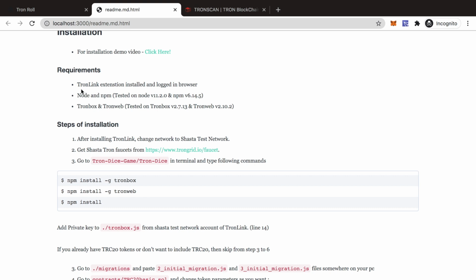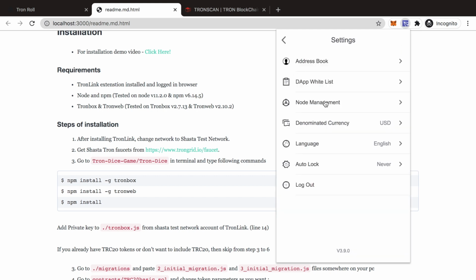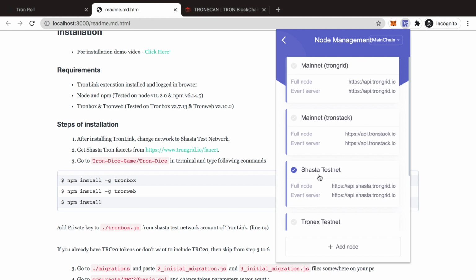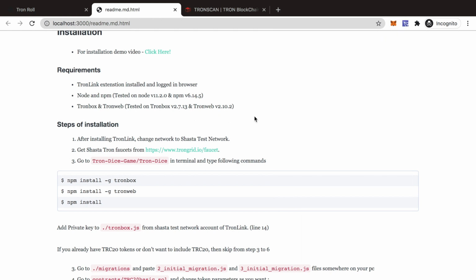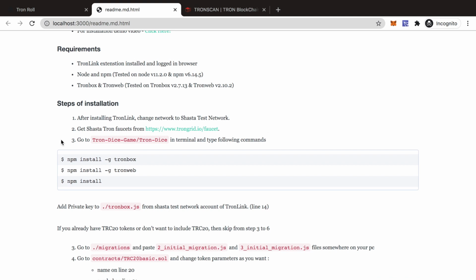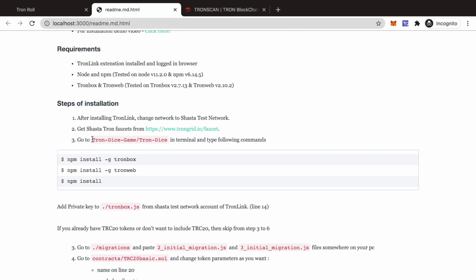So before installations, you must have TronLink installed and logged into the browser, something like this, and make sure that you are in the node management section. You are in the Shasta testnet for testing of the DApp. All right, after that you can go to mainnet, then go to this link and get the faucets. I already have faucets, so I don't need them. After that, go to this